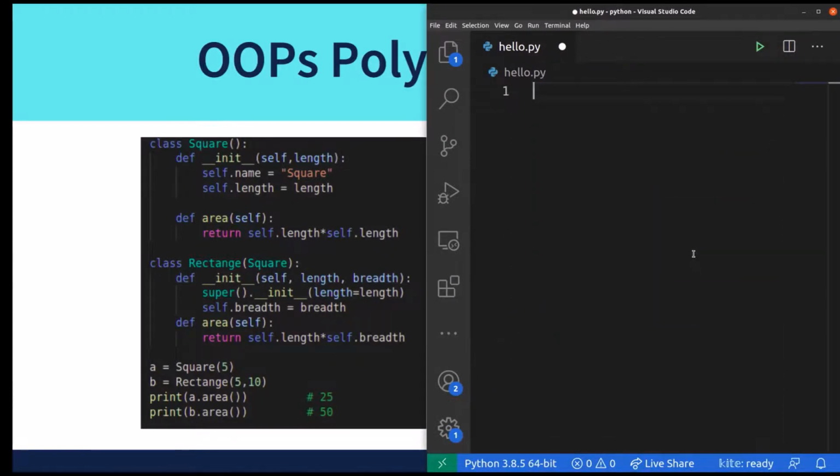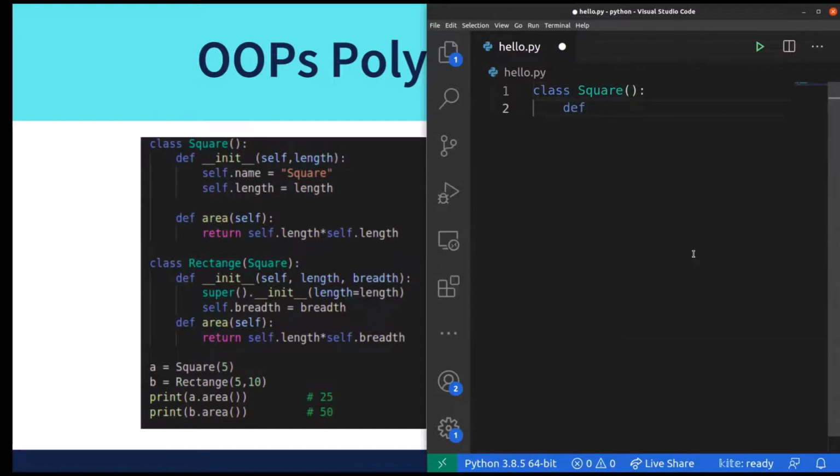So the idea is that for square and for rectangle to calculate an area, the formulas are different. For square, you just need one side. For rectangle, you need both sides. But in code, we want to call only one function. We want to make only one function, the area, to calculate the area of square and to calculate the area of rectangle. This is the best use case for polymorphism. So let's create that. So let's create our square class